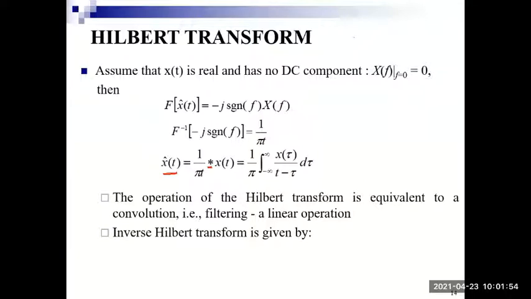So, yesterday we were talking about the Hilbert transform. A Hilbert transform is a function, as we have discussed, which introduces a phase shift of minus 90 degrees with the given signal. And remember, Hilbert transform works in the same domain, that is time domain only. It doesn't shift between two domains like the other transforms. That is, it doesn't shift between time and frequency domain. It works in the time domain only.